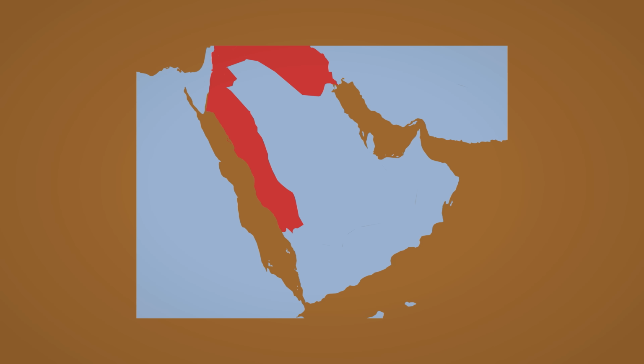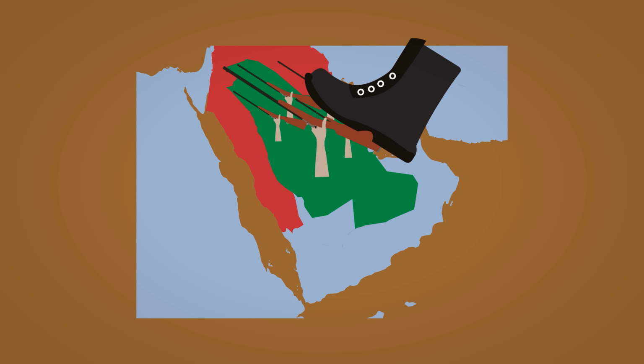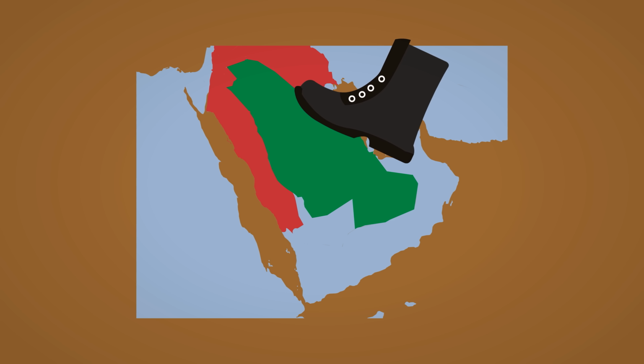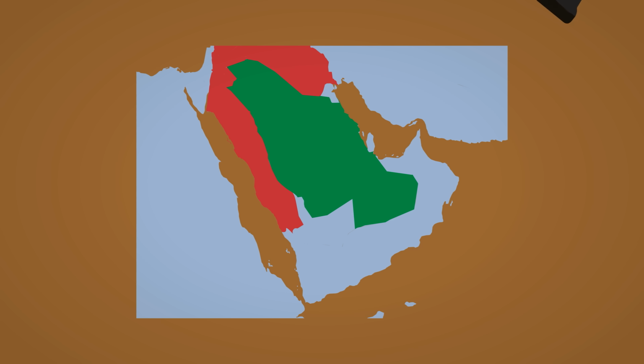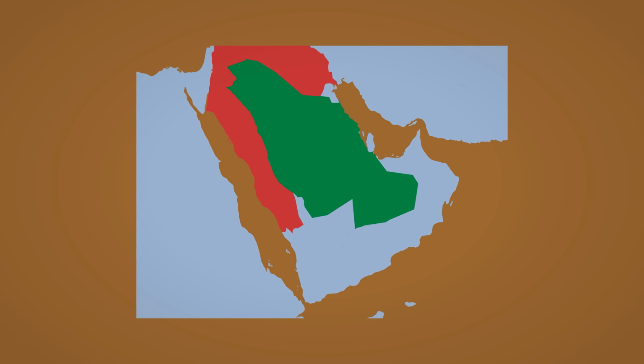And while the Hashemites were installing themselves as rulers across the Middle East, the Saudis were crushing the last remaining rebellions within their territory. And in 1921, they had succeeded. And with that success, they also renamed their state from the Emirate of Najd and Hassa to the Sultanate of Najd. And this new sultanate was a threat to the Hashemites, so they found themselves at war with each other